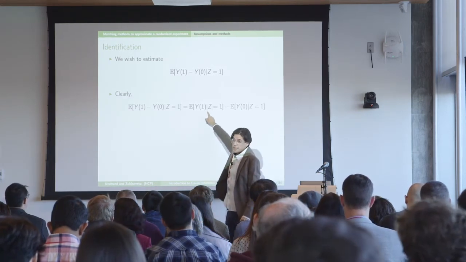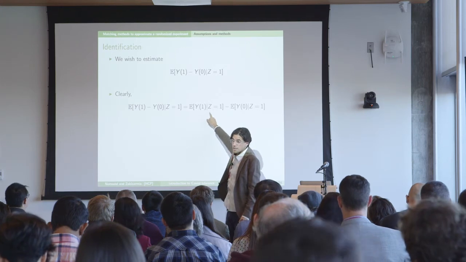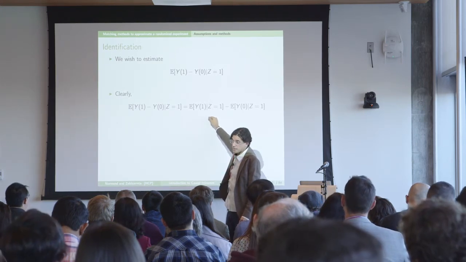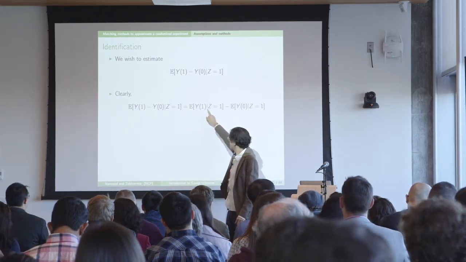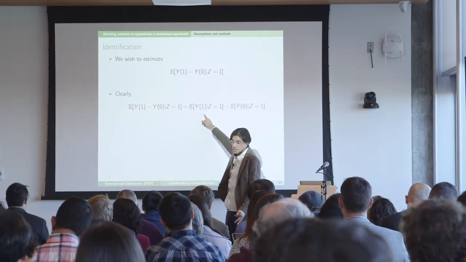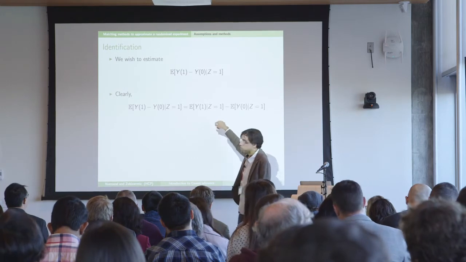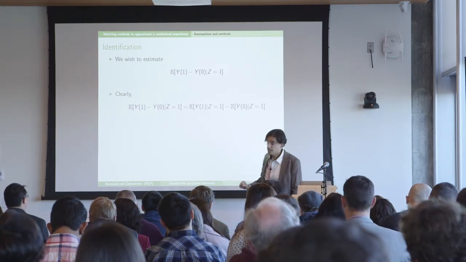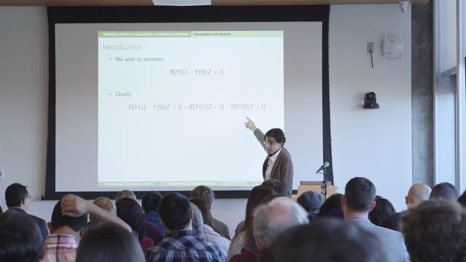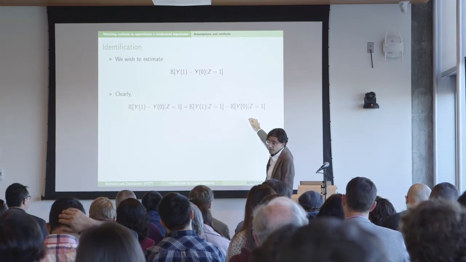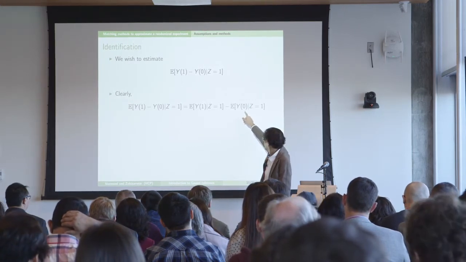This quantity over here, it's easy because it's directly estimable from the data. Because under treatment, I get to see the potential outcome under treatment. This is just the observed outcome, which I could even compute by taking the sample average. The difficult quantity is this one here, because I'm asking what's the mean of the potential outcomes under control for